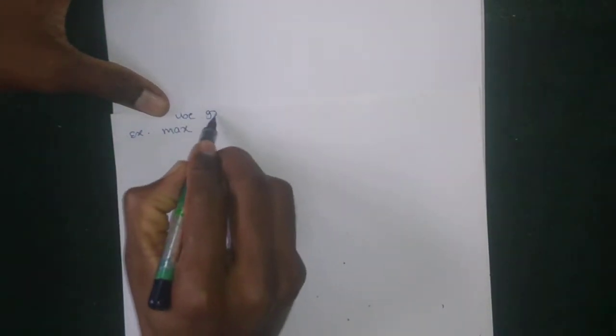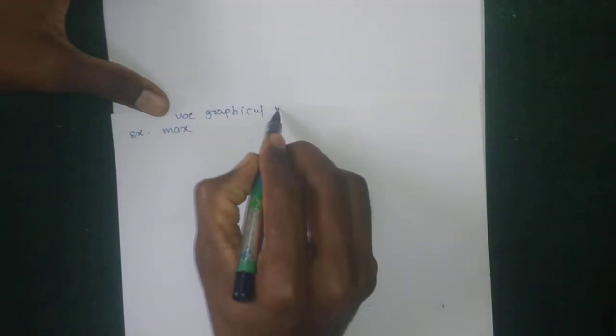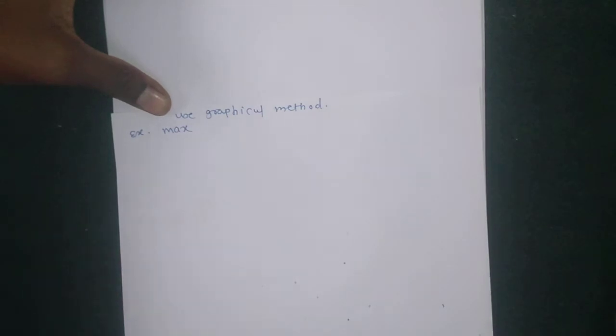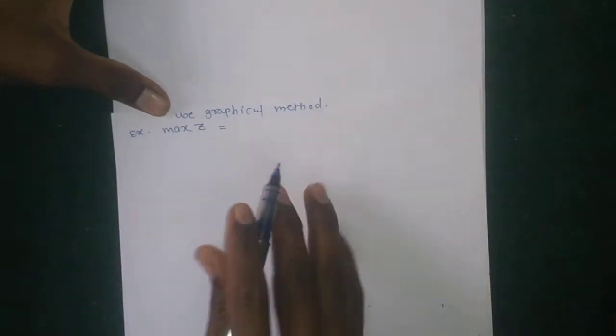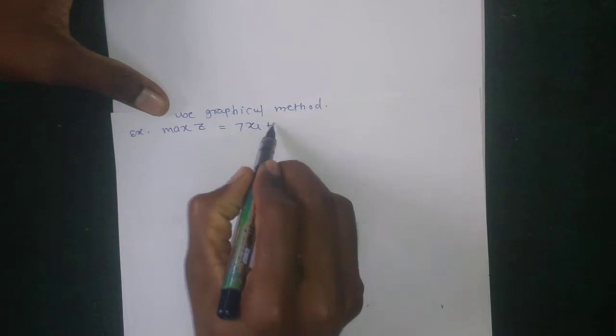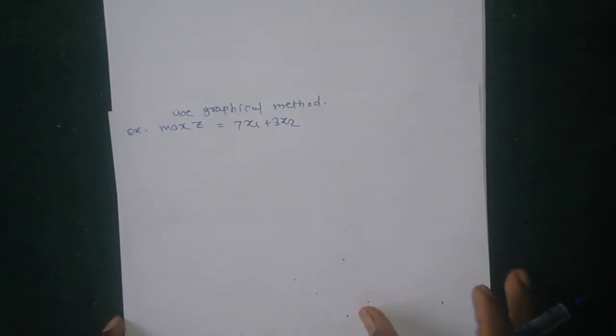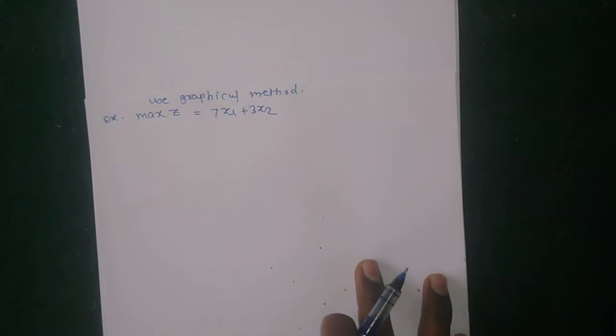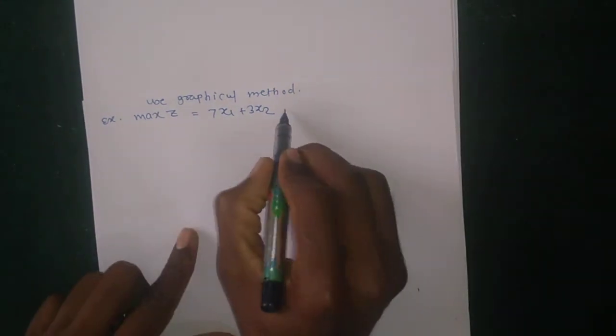Example of graphical method. Example: maximum z is equal to 7x1 plus 3x2, use graphical method. Okay, maximum z is equal to 7x1 plus 3x2, subject to here